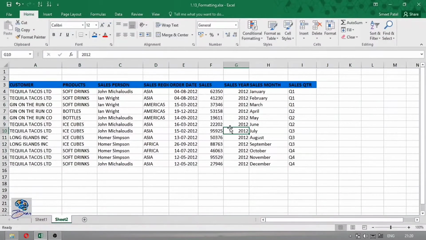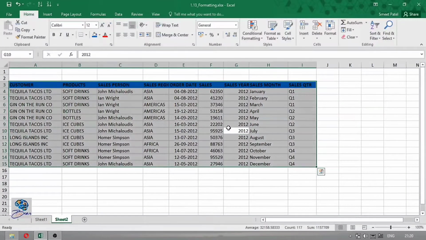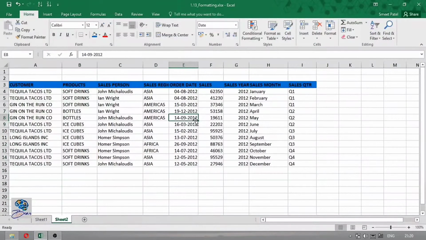Or the shortcut is that you can press the Control A button on the keyboard, so your whole data table will be selected. But the thing is that firstly you must be on the data set.